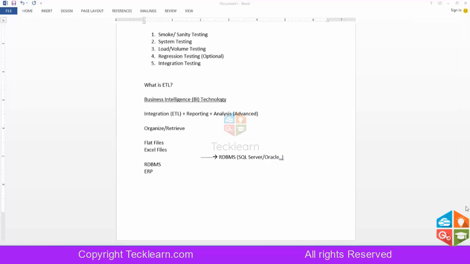When it comes to big data, the kind of volume of data, which tool supports this kind of load? I mean, Ab Initio. Ab Initio is one of the best ETL tools available in the market, which is very good at handling huge volumes of data. Huge, like a giant retail store like Walmart or Tesco.